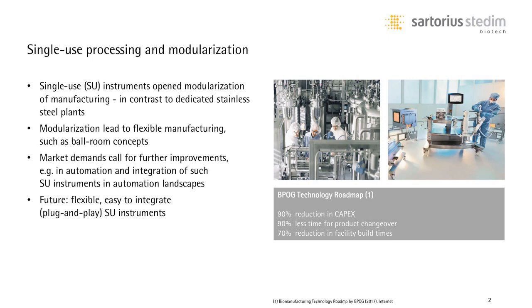new manufacturing technique. When we think about the modularization we can have within the consumable sets, the wetware and components like that, we can be more flexible in that degree. And when we have closed systems, we can then move into more open ballroom or dance floor concepts where we can have technologies, hardware and wetware moving around the facility in order to facilitate different scales of manufacturing and different